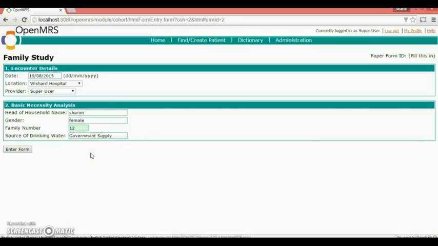This also saves cohort encounters and cohort observations, unlike in HFE module which saves only patient encounters and patient observations.